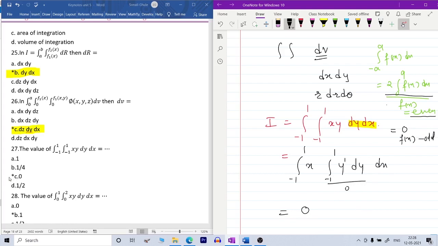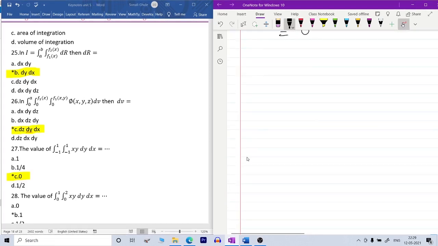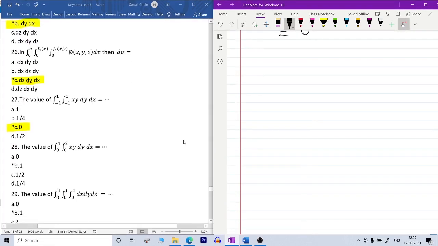So as you can see here, your option C is the correct option. Just remember this property here, which is very important. This we can write only when your function is even, and where your function is odd, directly you can write its integral is 0. Okay, so I hope you understood. Let's solve your next example.